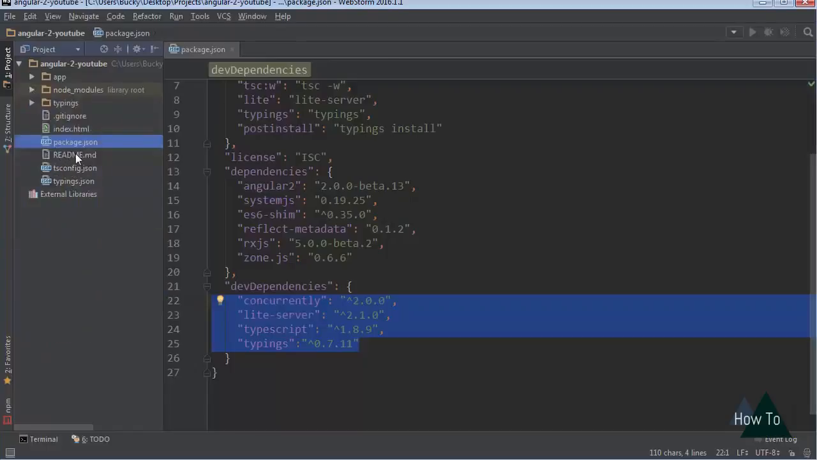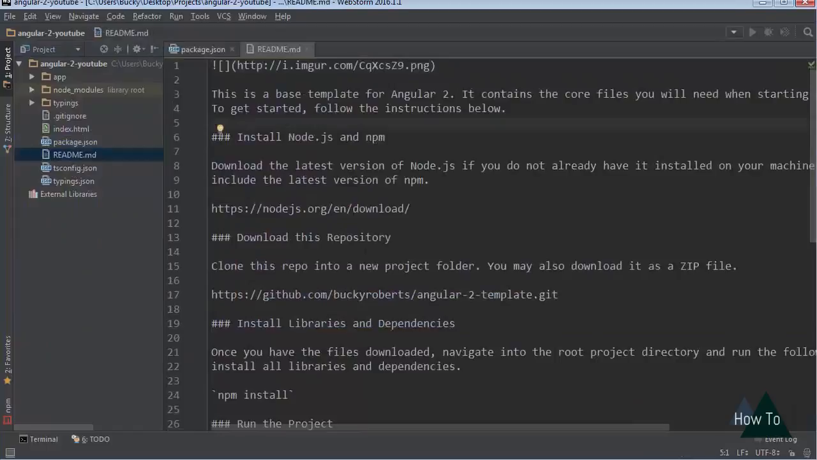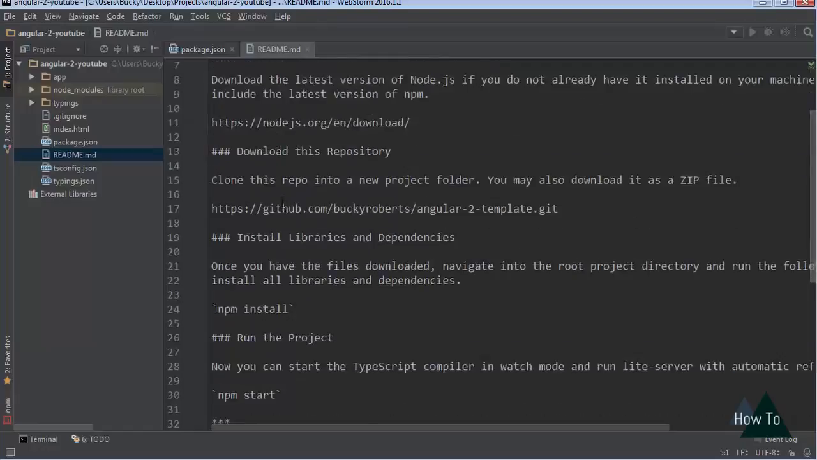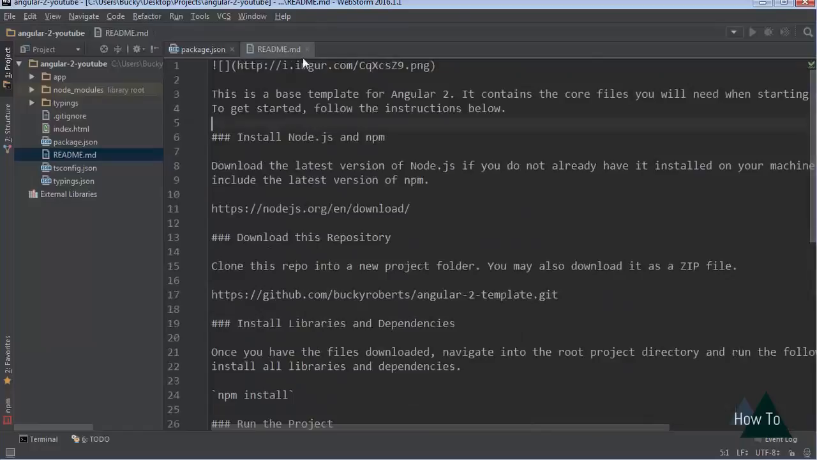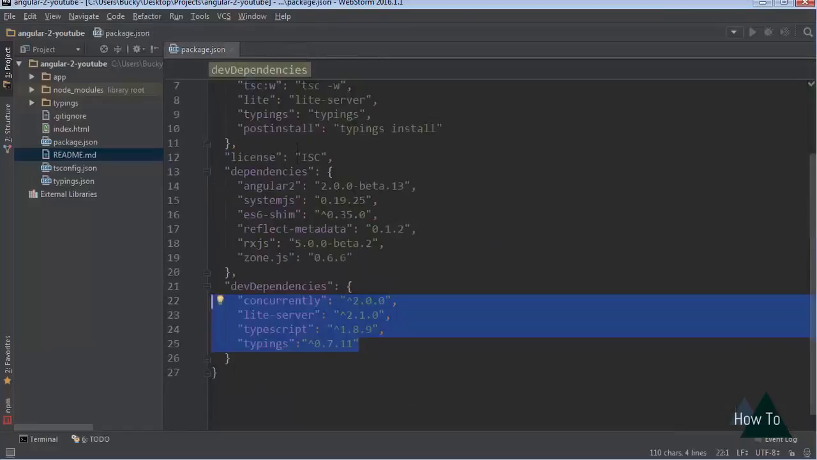This readme.md, this actually has nothing to do with Angular. This is just for whenever you go to the repo on GitHub that I told you guys to go to in the first tutorial, and you see the instructions at the bottom, that's what this is. So you can, like I said, delete it if you want. All right, so this